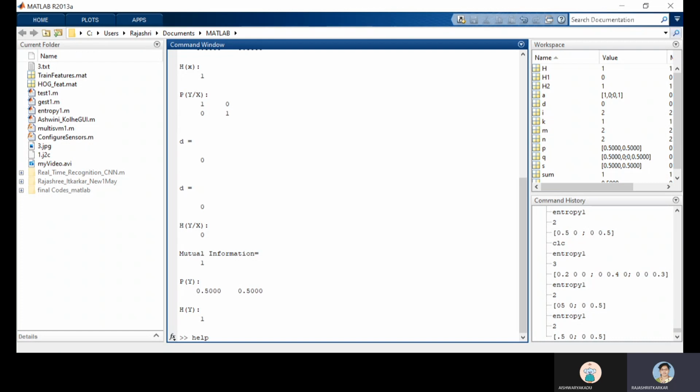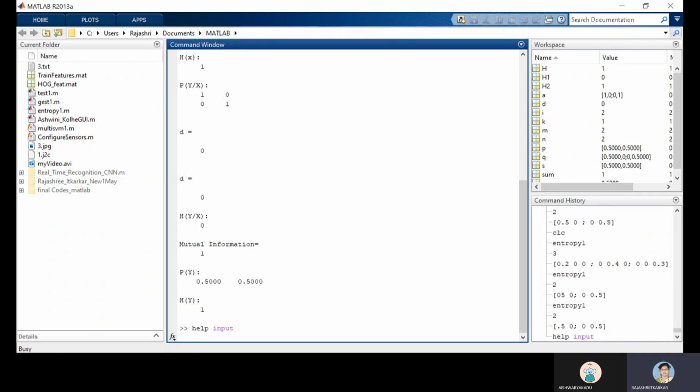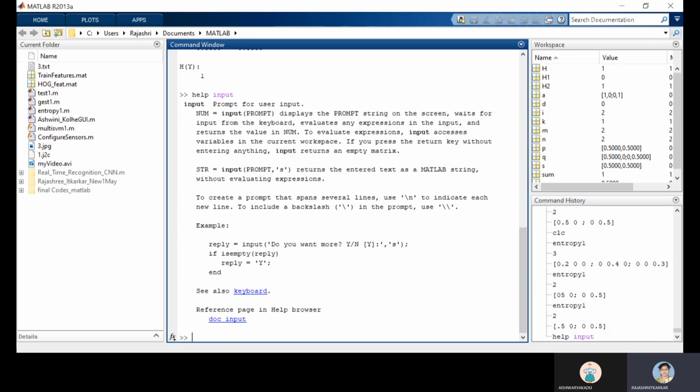It is help with a space, like if I say input, then it will give you the details of what the input command is. The command gives you details about how input can be used and how things are executed. This is an example of how input can be used.